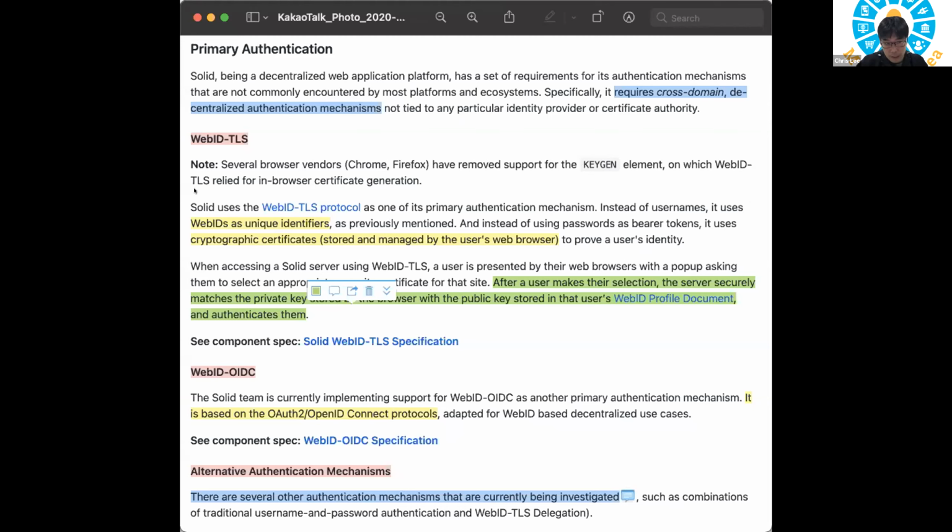I think Web ID TLS, Web ID OIDC, which is based on OAuth, and then some alternative authentication mechanisms. So next question to Tom. Can you maybe explain how you are using Solid and whether you do use OAuth or maybe this other Web ID TLS?